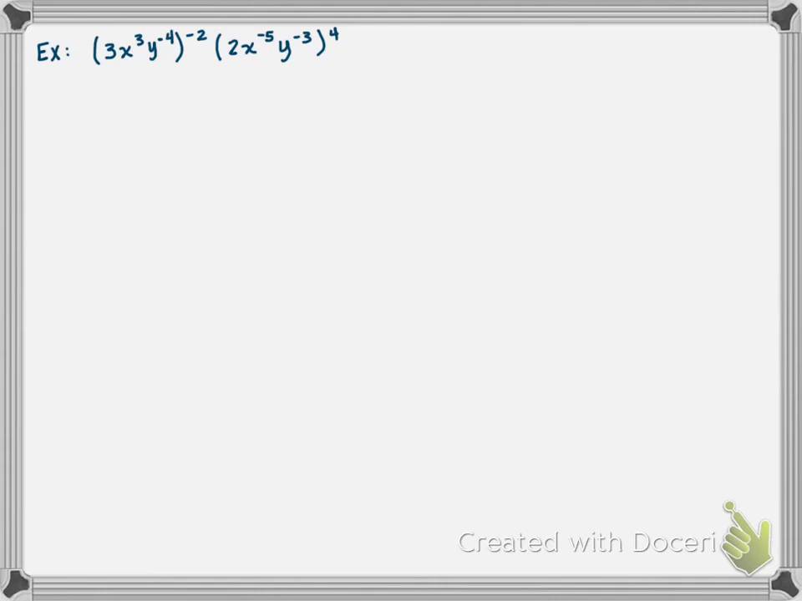So for starters, we're just going to get rid of those parentheses. So we're going to apply the exponent of 2 to everything that's in that set of parentheses, and apply the exponent of 4 to everything in the right-hand set of parentheses. So we have 3 raised to the negative second,